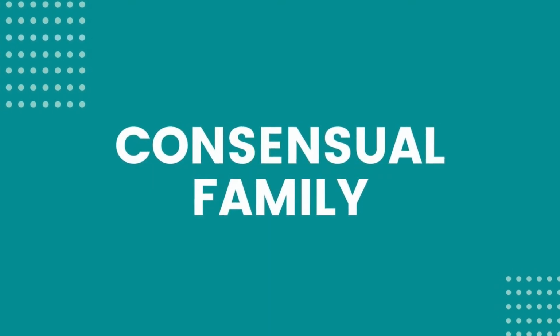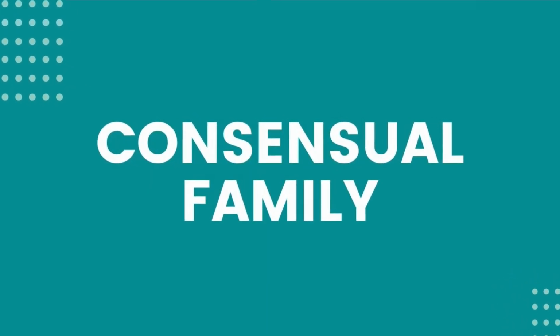So the two orientations cross and form four family types. The first one is the consensual family type, and this is high on conversation orientation and high on conformity orientation. So these families tend to have open and frequent conversations, but the parents alone are the decision makers at the end of the day. So yeah, we can discuss all kinds of things. At the end of the day, the parents are probably right and should be listened to.